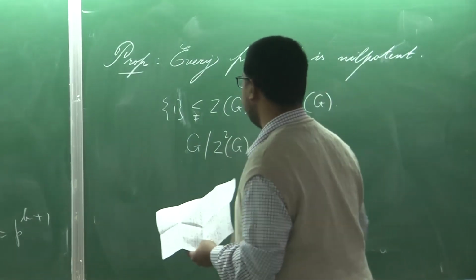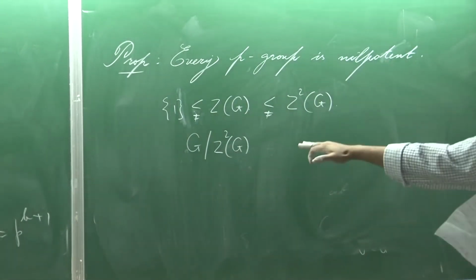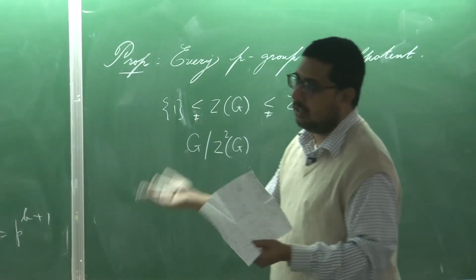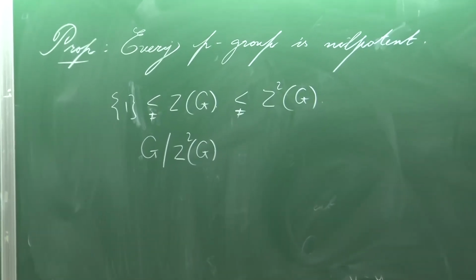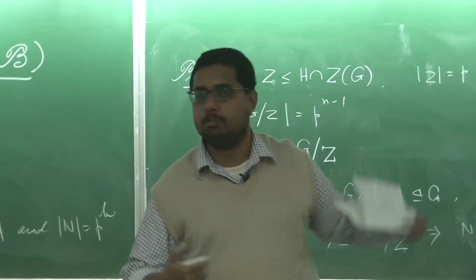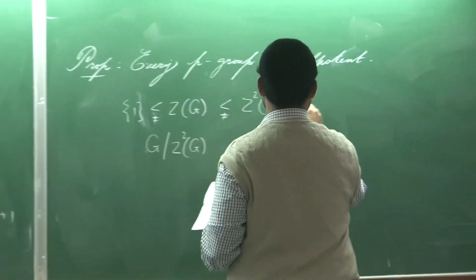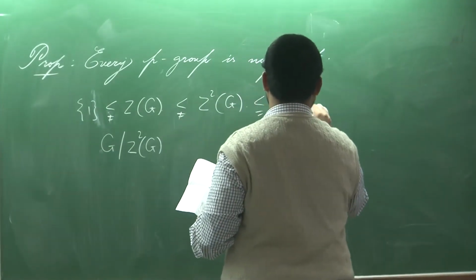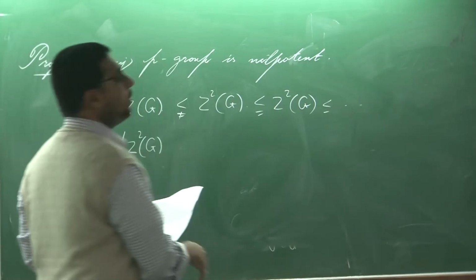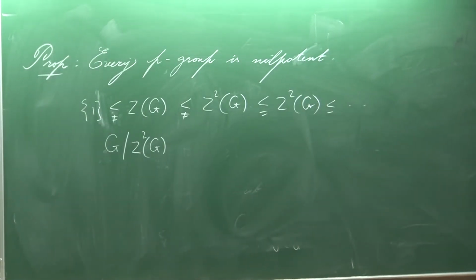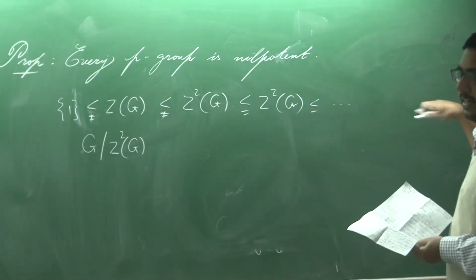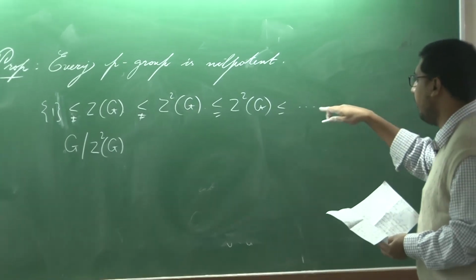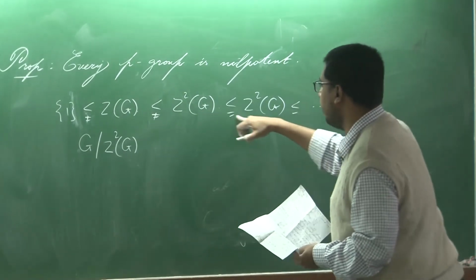Now, again you consider G by Z_2(G). If this is trivial, then you are done. Otherwise, you can take its center which is non-trivial. When you pull it back, it will be a subgroup of G containing Z_2(G) properly. So, proceeding in this manner, you have to stop somewhere because it is a finite group, and once it stops, it has to be all of G, because we have already seen that whenever the upper central series stabilizes for a finite group,